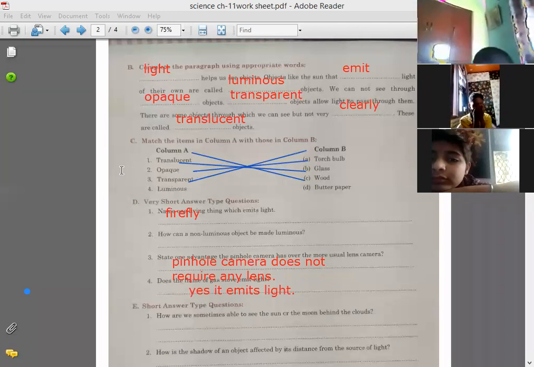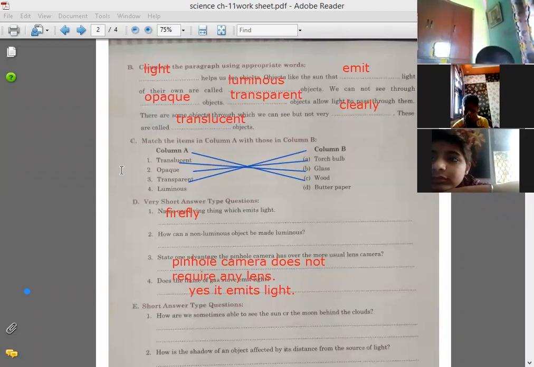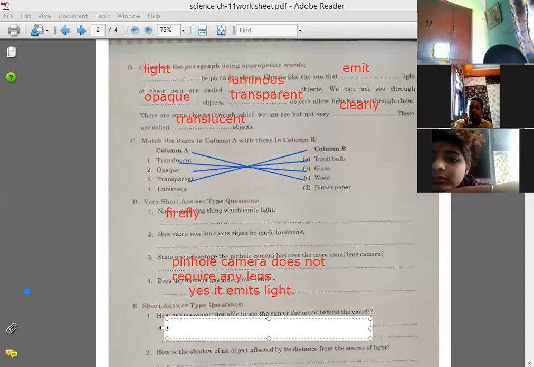That is a gas only. And they do not reflect their own light. They can only allow some of the light to pass through them. Sometimes you have seen the sun behind the clouds. Okay, so you may write down. Sometimes that happens, not always. Sometimes we are able to see sun or moon behind the clouds because clouds are gases, they can't reflect light. So write down, clouds